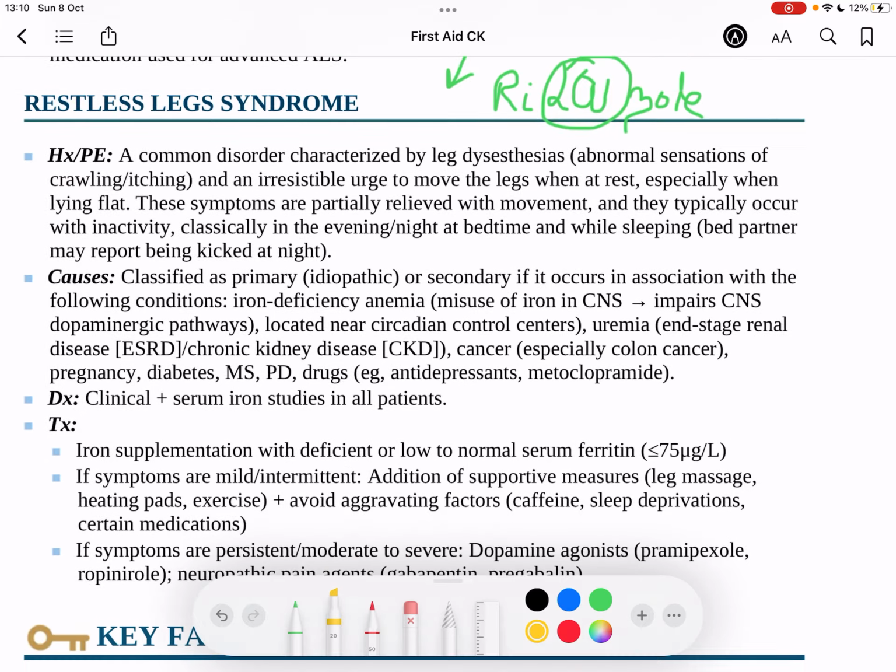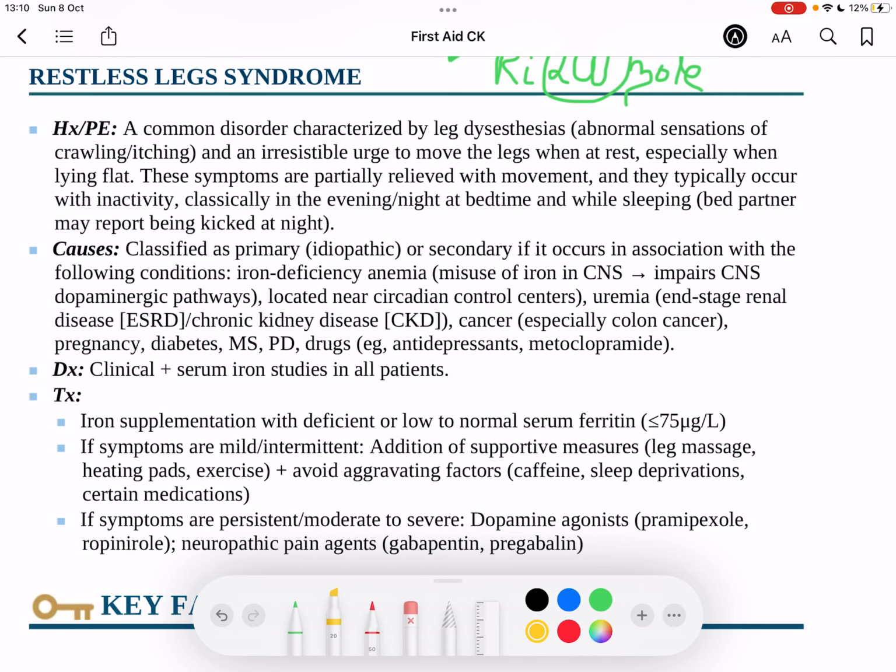Excellent. So moving on now to restless leg syndrome. Restless leg syndrome is a common disorder characterized by leg dysesthesia, which is like an abnormal sensation, like a crawling or an itching feel, and an irresistible urge to move the legs while at rest, especially when lying flat. These symptoms are partially relieved with movement, and they typically occur with inactivity, classically in the evening time or at bedtime and while sleeping. So the partner may even report in the question stem that their partner kicks them